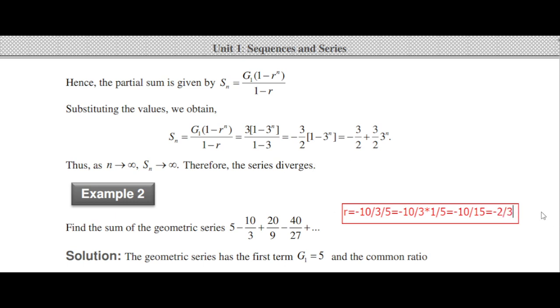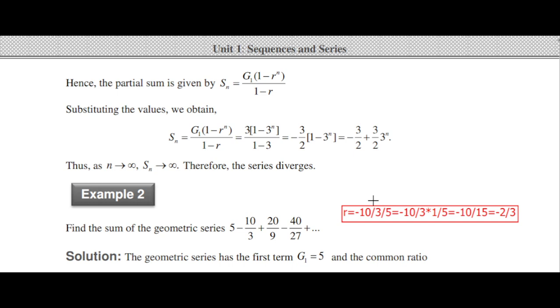Minus 2 over 3, after taking the absolute value, 2 over 3 is strictly less than 1, so this is a convergent geometric series. Let's compute its sum. S infinity is equal to g1, which is 5 here. We have 5 over, in brackets, 1 minus minus 2 over 3,